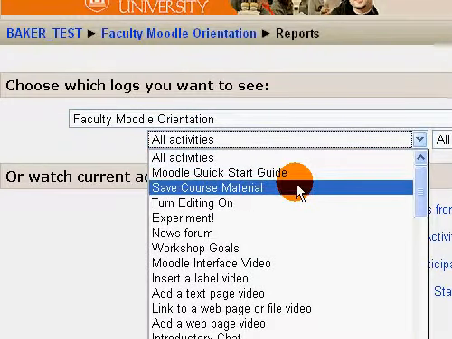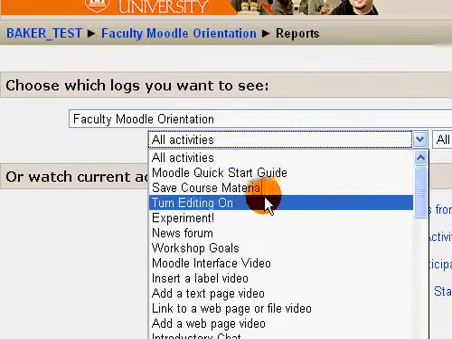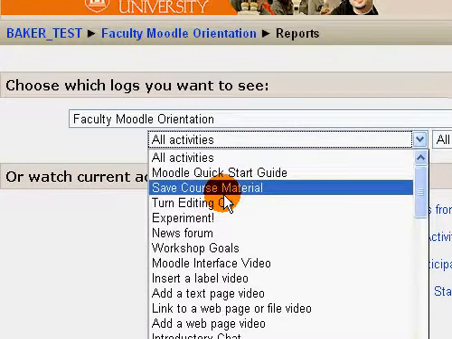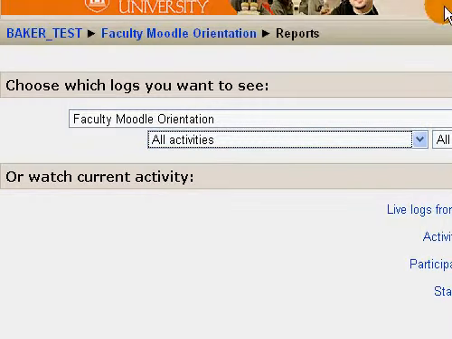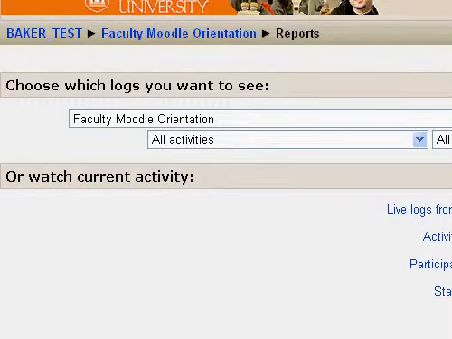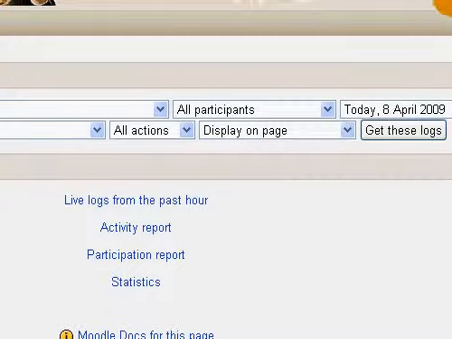you're going to be able to see all the activities that you would have loaded in your course, where you could pick a specific activity. So if I wanted to see how many times people click turn editing on, or how many times people access the news forum, I could. If I scroll over here to the right hand side,